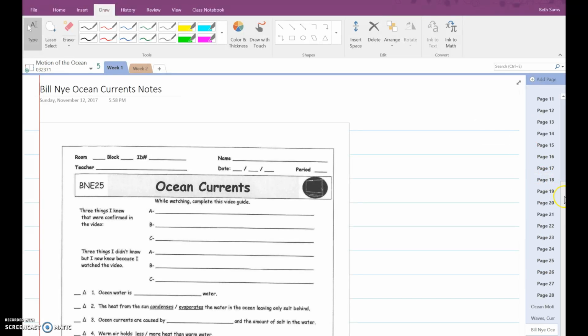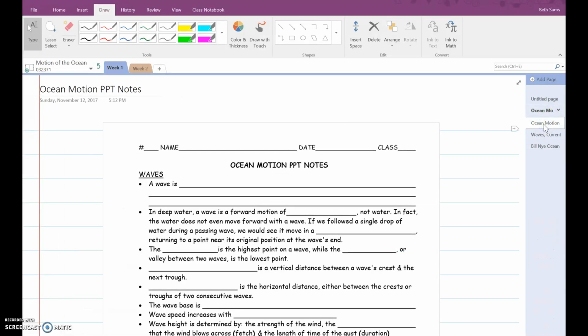Once you see there's a lot of pages, you'll notice that this very first one has an arrow, and there's several pages inside of OneNote, and you can expand or minimize this, whichever you prefer. And then now we have our notes inside of our notebook, and if we're ready to get week 2, you can go back using that green navigation arrow,